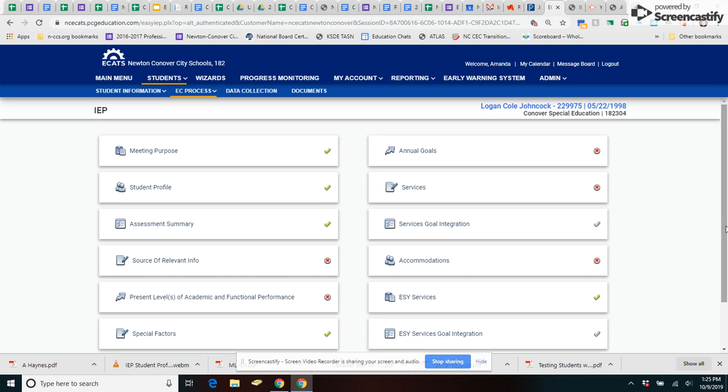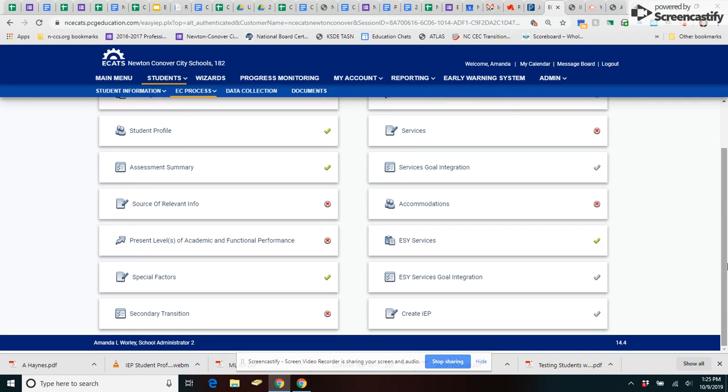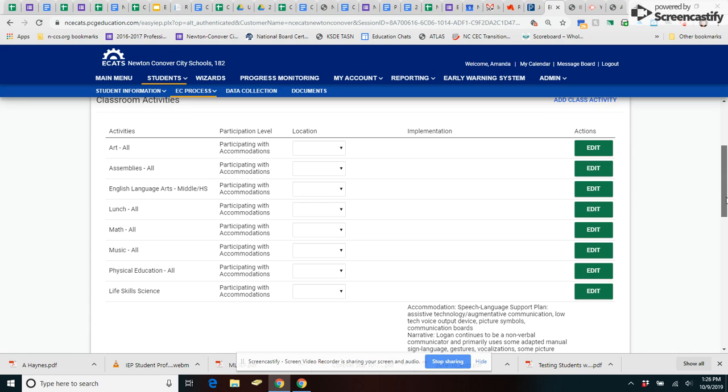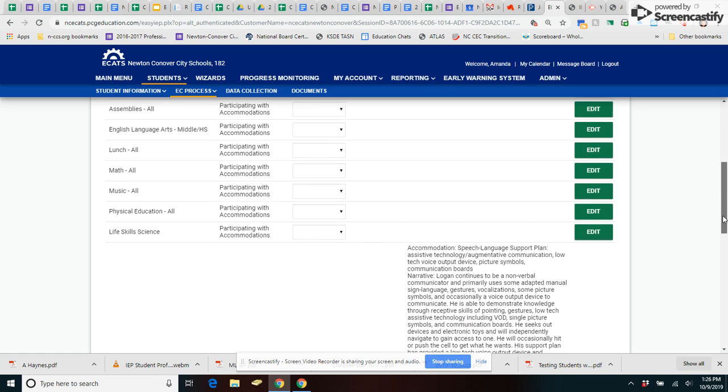For services goal integration, this will be if you have a related service that is integrating on one of your annual goals that you have written, and they will go in and add their information if they are integrating with a goal. The next section, we're going to look at accommodations. Just like before, it is going to automatically populate what accommodations were entered into the previous IEP,